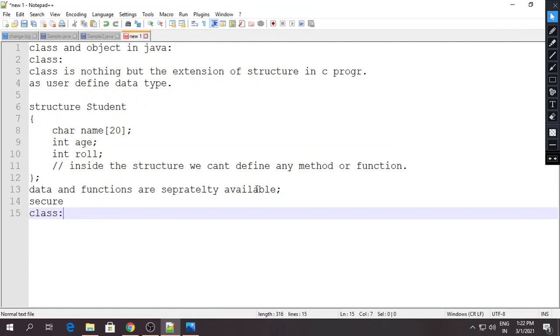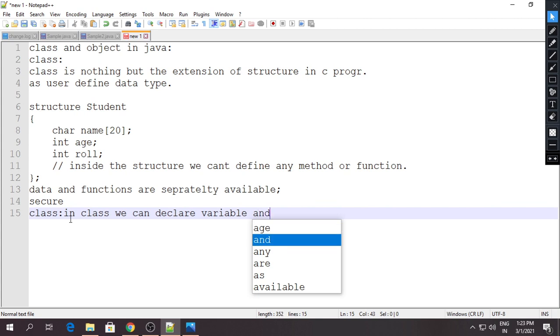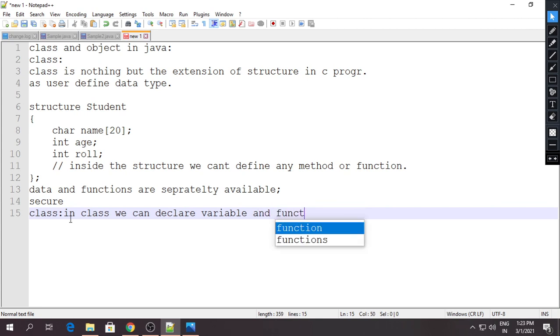When you use the concept of class, understand what exactly happens. In a class we can define, or declare, variables and functions together.